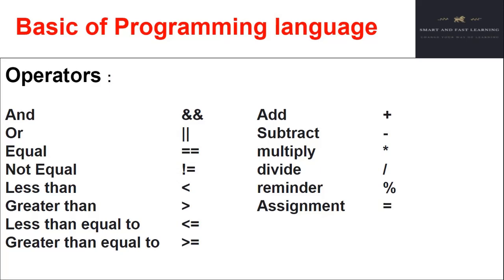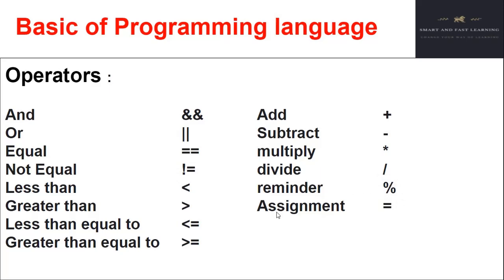You have already used some operators like add, subtract, multiply, divide. In math classes you also use these operators. You may or may not have used the remainder operator, which always gives you the remainder. Suppose you divide 5 by 3, then it should give you remainder 2. The remainder operator is used to find the remainder. So if you use that operator, it will give you the remainder.